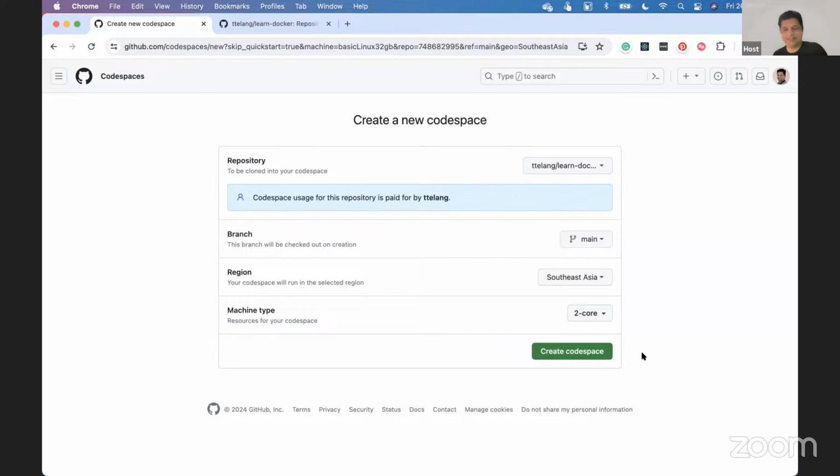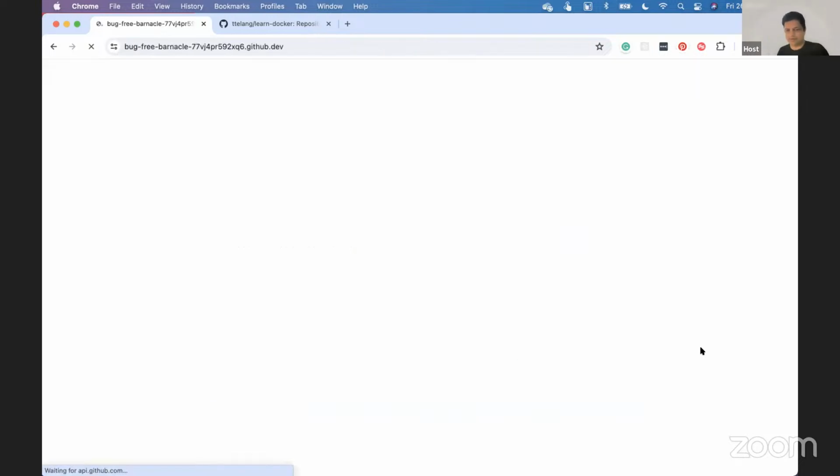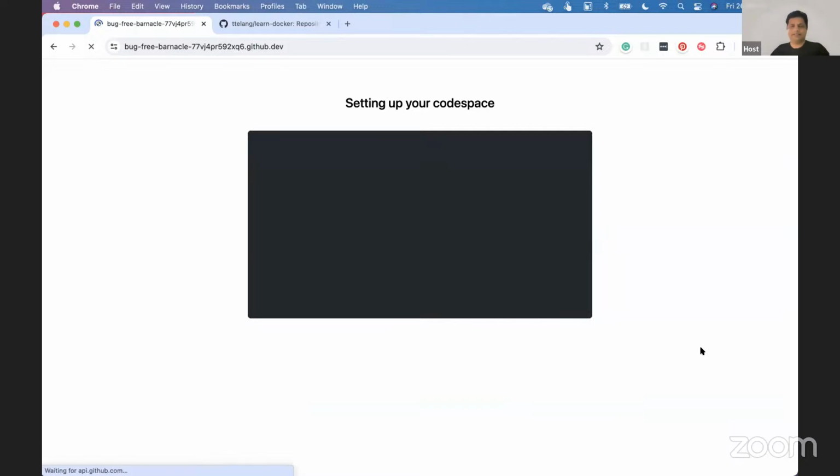For Kubernetes, you need at least a 2-core machine. But yes, see here, the minimum which is available is a 2-core CPU. So I choose the smaller one. You may choose whatever you like, but I would recommend trying with the lower hardware resources because that way you will get less cost. But yes, with this code space you get around, I believe, 25 hours every month free. So this is sometimes good enough. I'm not sure 100% whether it's 25 hours or 15 hours, but it's a good amount of hours you get